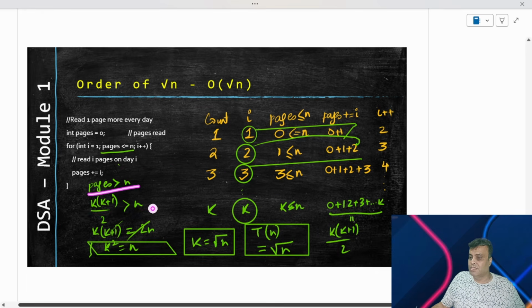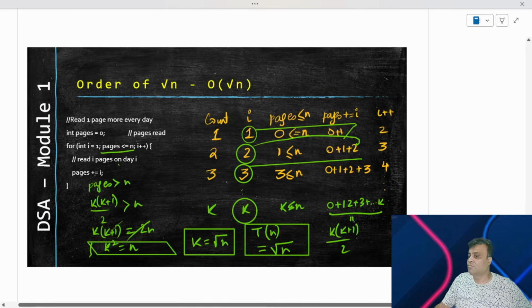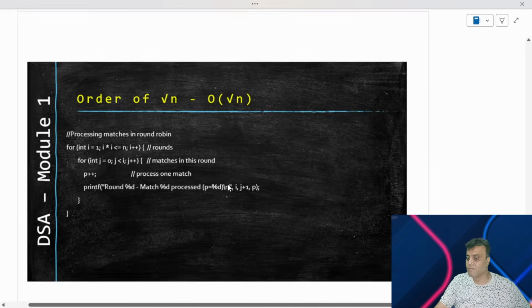And then solve that exit condition. Then you'll get the value of k, and k was the arbitrary count where you stopped. So k will stop when you are exceeding the condition that is there in this loop. So you will get a value of k, and that value of k will give you the order of time complexity. So that is how you should approach every time complexity problem where you are not sure. Otherwise, where you are sure, it will either be an n square or n cube.